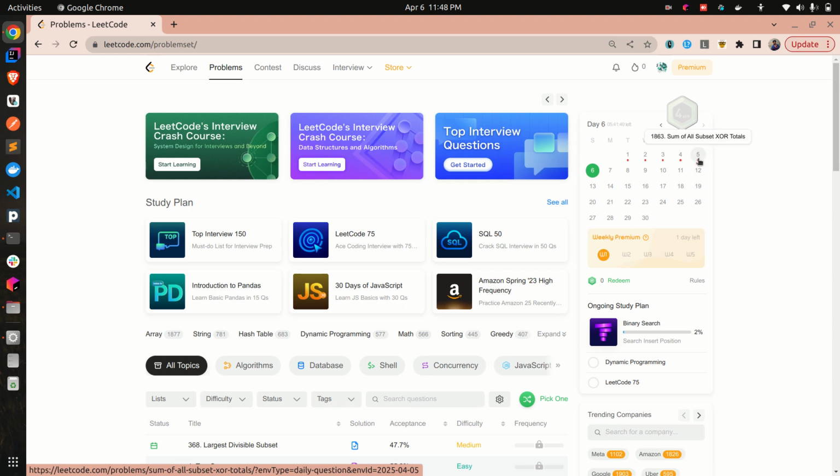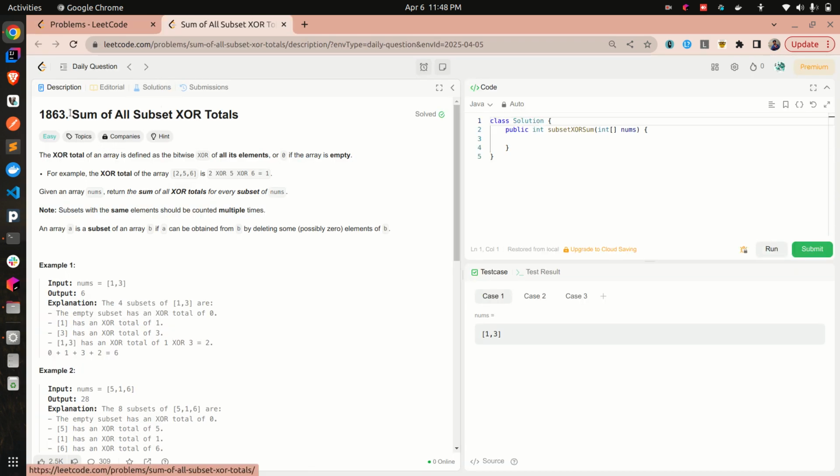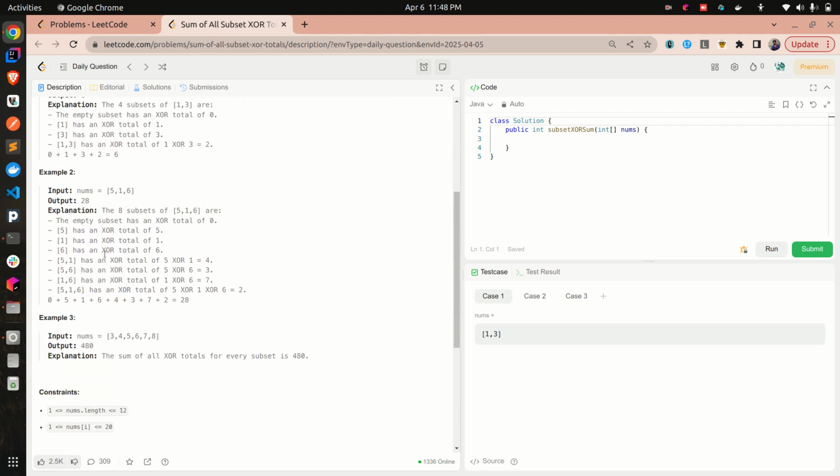Let's solve the day 5 problem of April month. The problem statement says the XOR total of an array is defined as the bitwise XOR of all its elements, or 0 if the array is empty. Given an array nums, return the sum of all XOR totals of every subset of nums. So what they are trying to say is basically,